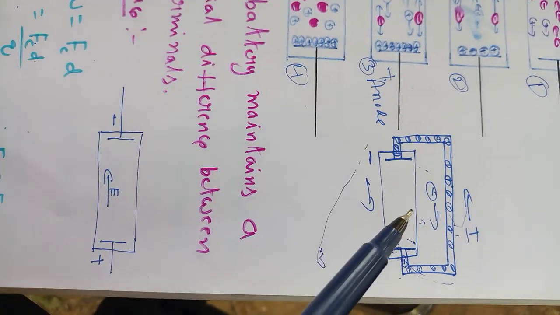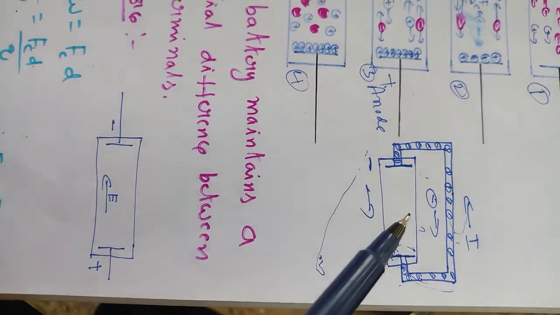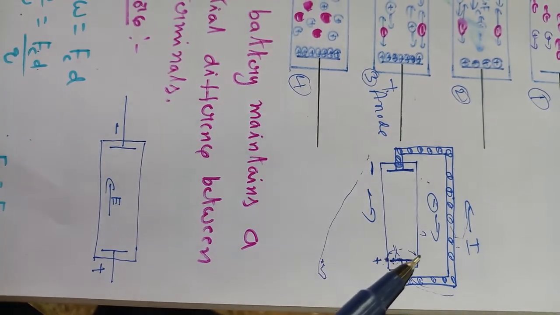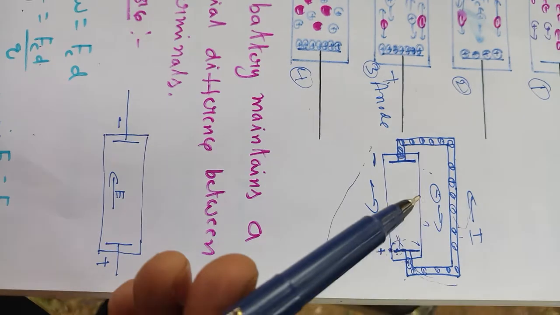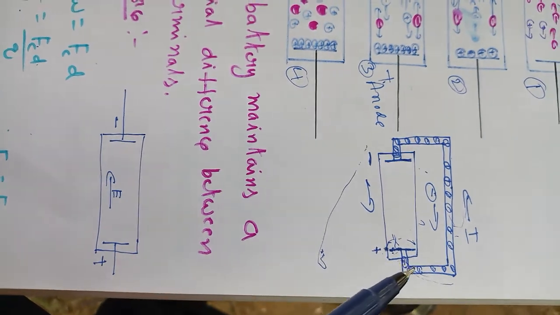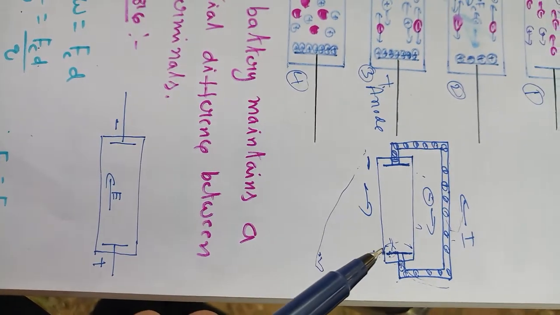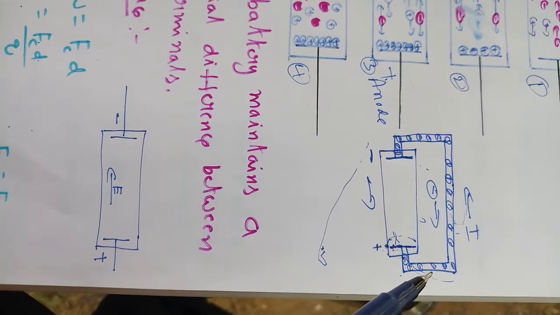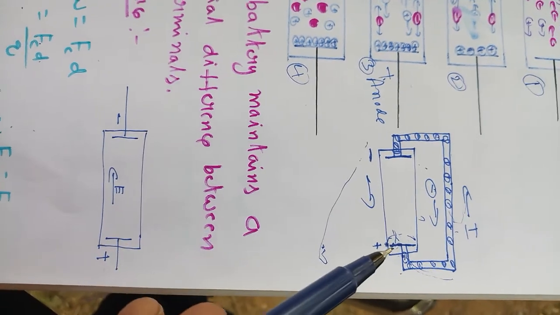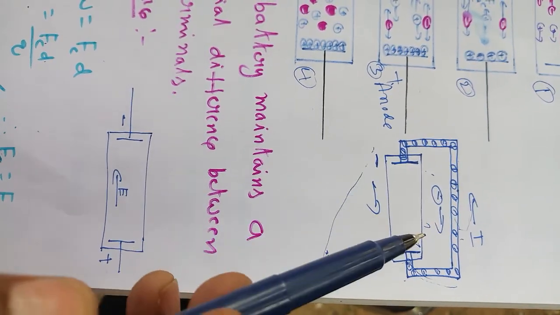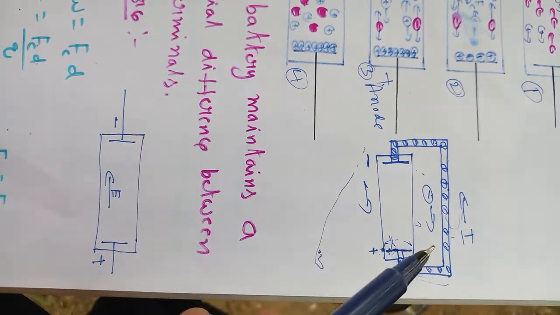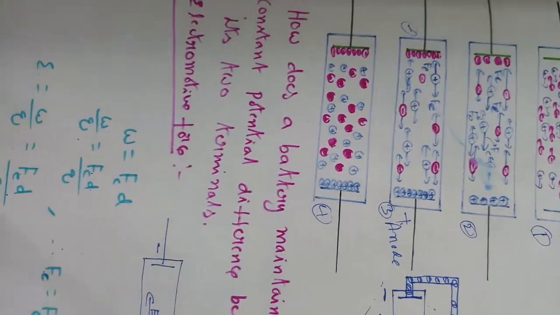After a few weeks of using batteries, the chemical loses its ability of chemical force, that is moving the ions towards their respective plates. Because of that, the positive charge on the positive plate is neutralized by negative electrons. So further, the battery does not maintain any constant potential difference. That's why it is unable to make the current flow in the circuit. So this is the working of a battery.